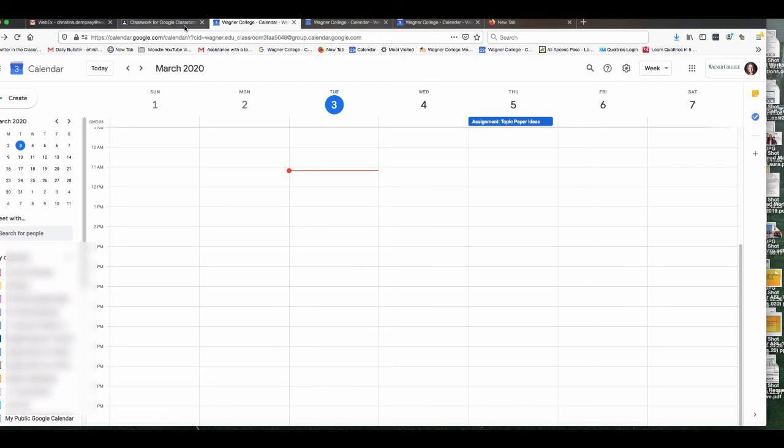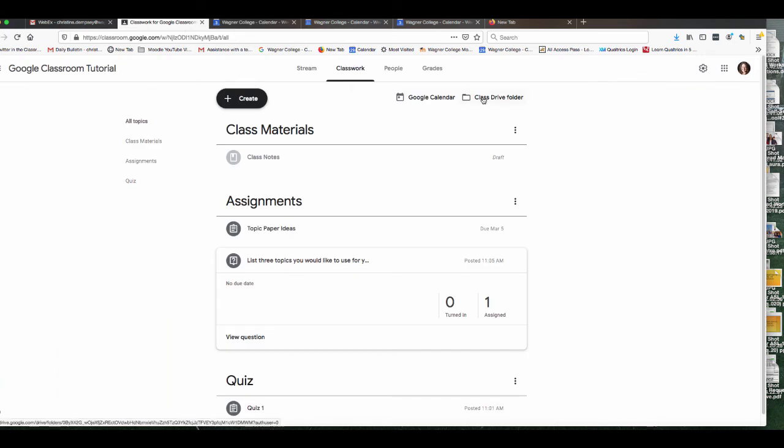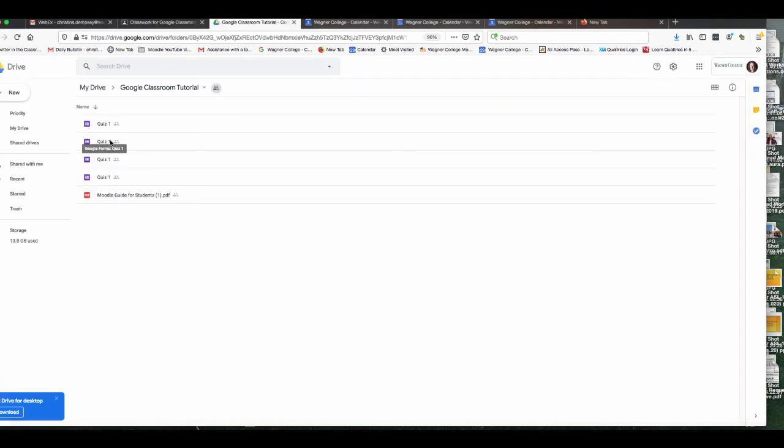Now the same thing goes for the Google Drive folder. So if you click on Class Drive folder, it'll automatically open Google Drive, and you'll see that the Google Classroom tutorial folder automatically has some items inside of it. So we've done a few quizzes in terms of practice, and we also added a Moodle guide for students. So anything we add in terms of quizzes, PDFs or class notes, anything like that will automatically be added to the Google Classroom tutorial folder,